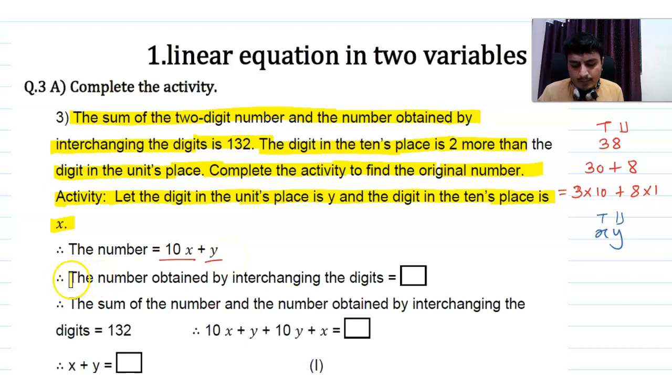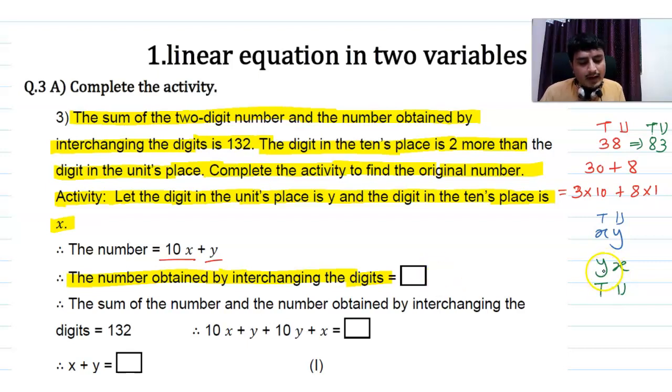Now the number obtained by interchanging the digits is equal to. We have the number xy, and once we interchange the digits, suppose we have 38. Once we interchange the digits, we get the number 83. That means now 8 is at the tens place and 3 at the ones place or the unit place. Same thing, once we assume the two-digit number as xy, the number obtained by interchanging the digits is yx. That means y is now at the tens place and x is now at the ones or the unit place. So the expansion of the number: